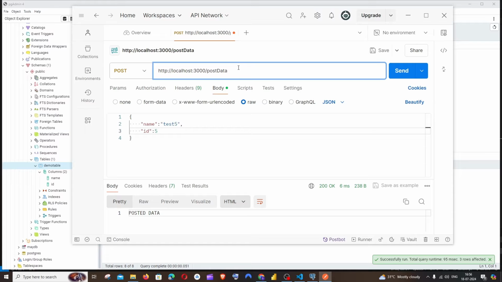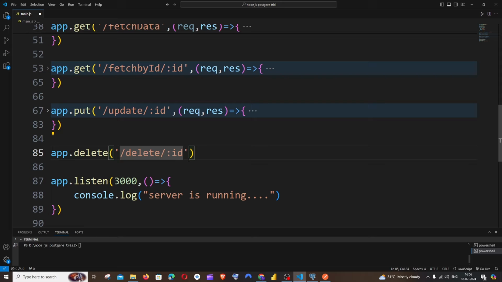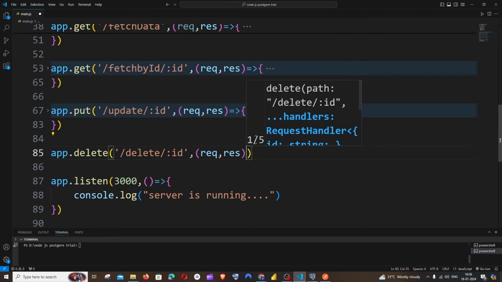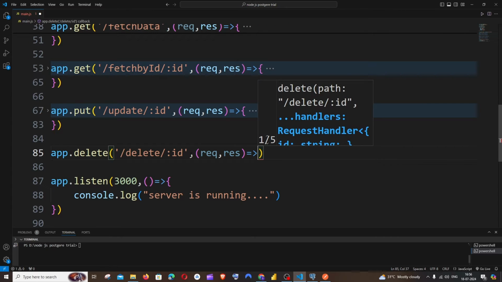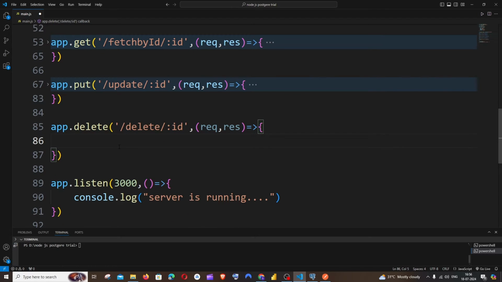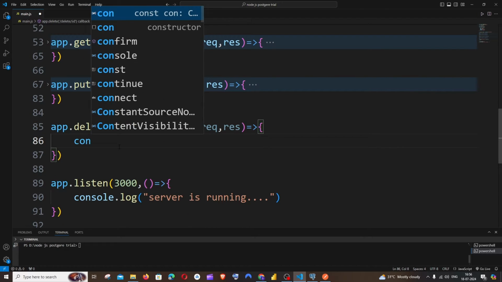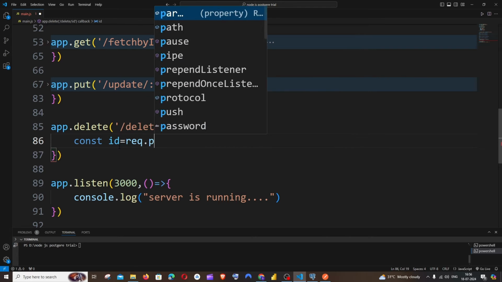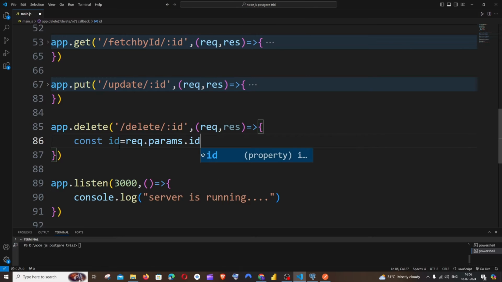For example, imagine this to be the path. You will just put here a slash, and we'll just pass the ID as 3, something like that from here, and we will access this ID in our Node.js code. Okay, so we need to have the path like this, :ID. Next thing is just put a comma. It's going to be request and a response, a callback function, and we will be accessing the ID over here. So it's going to be const ID equal to request dot params dot ID,